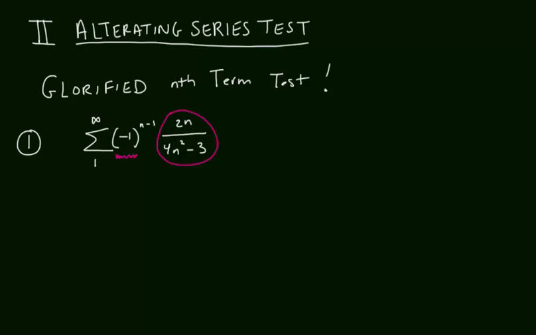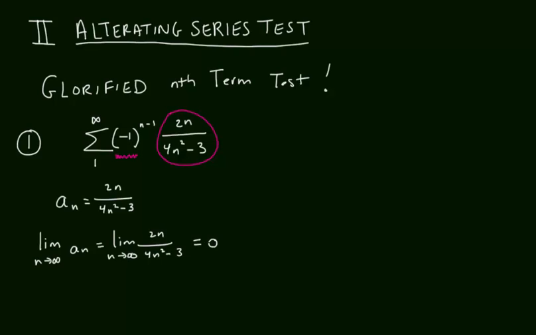So here's what we're going to write. We're going to state that an is this form here. Then I'm going to take the limit as n goes to infinity of the nth term without the alternating piece, and that is the limit as n goes to infinity of 2n over 4n squared minus 3. That's going to obviously go to 0. Now, what we need to state is the following. We need to state the series